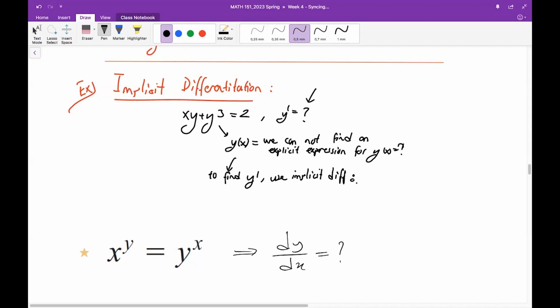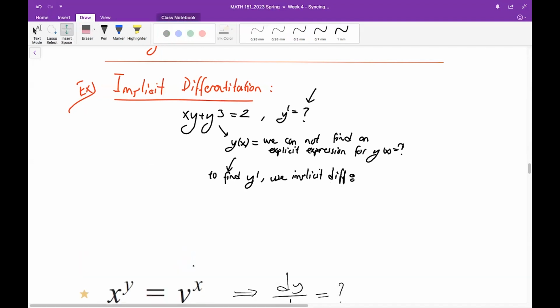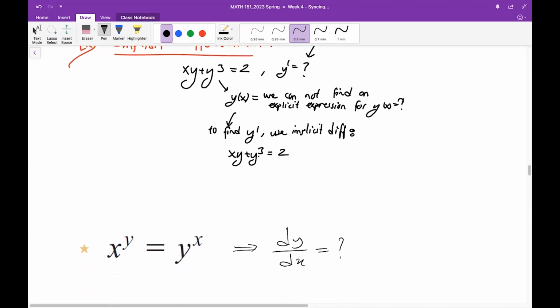Okay, how do we use it? Let me show you. So implicit differentiation means that you take your implicit equation. By the way, if y cannot be solved explicitly, those equations are called implicit equations. This function defines your function implicitly, in other words. So then you start taking the derivative of both sides with respect to x. And you should keep this in mind that y is a function depending on x. Don't forget that. So that's why the first expression is a product. So we will apply the product rule to find the derivative of this first part.